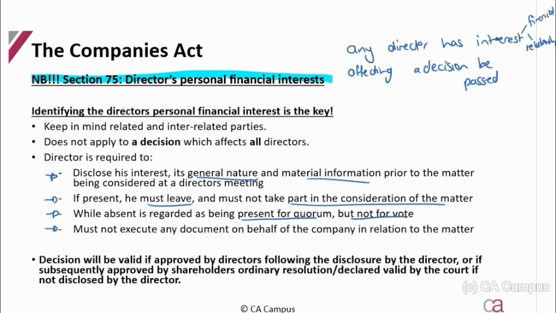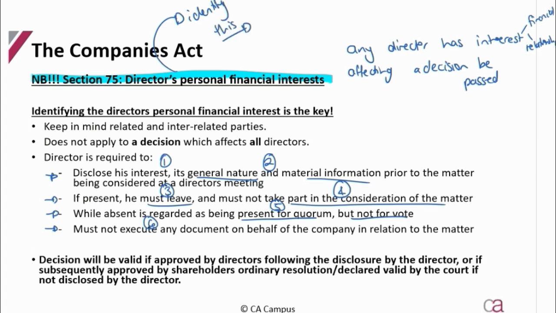So guys, generally you would put down, they need to disclose the interest and the general nature as 2 separate points. They must leave as another. They must not take part in the consideration as another. They will be regarded as present for the quorum, but not for the vote as another, and they shall not execute documentation. So 6 points for putting down the requirements of directors' personal financial interest. The hardest part here is identifying this